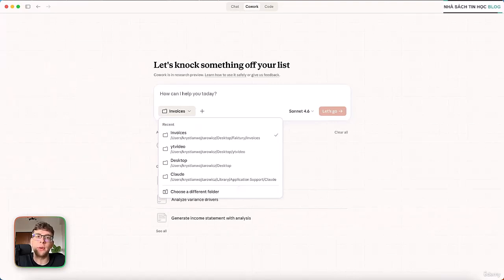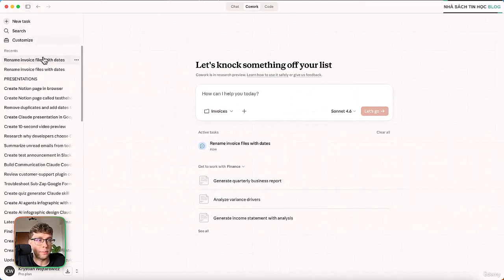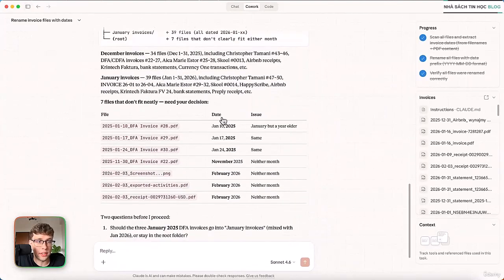Because still it's AI, it can make some mistakes. I find the accuracy of Cowork and other features of Claude really high. However, once again, it can make some errors. So make sure to follow these three things. Right now, let's go ahead and go to our specific